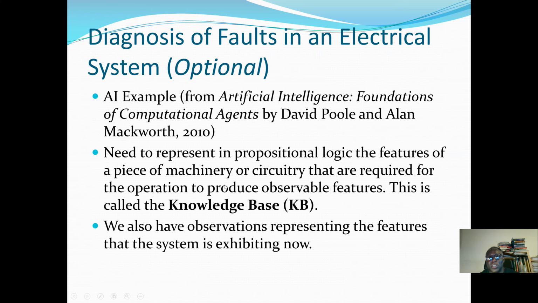machinery or circuitry that are required for the operation to produce observable features. This is called a knowledge base. The concept of a knowledge base was used a lot in the earlier days of AI, before machine learning and data mining. With a knowledge base, I can build an artificial intelligence system, or sometimes we use the term expert system. In today's